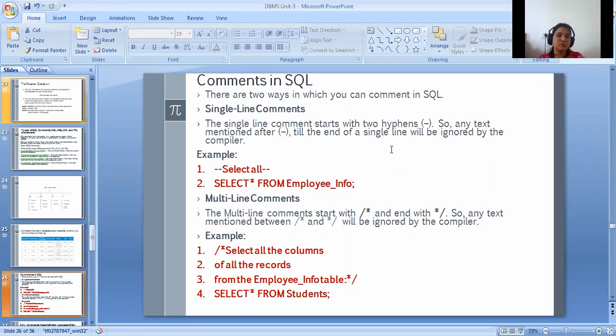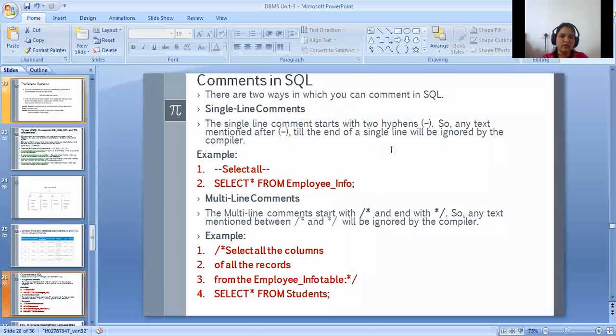For that purpose we write the comments. Are these compiled? No, not at all. These are not compiled when we are compiling the code. This is for the user's purpose.